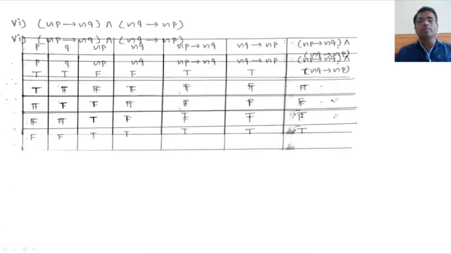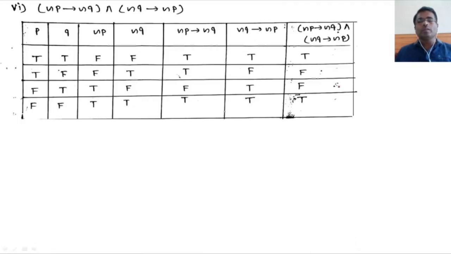Similarly, we can consider some more solved examples here. Those are like this. Here you will observe that P is a statement having values true, true, false, false. Then Q is a statement having values true, false, true, false. Then negation P is expected here, negation Q is expected here. Here also negation Q is expected, negation P. So initially we are going to consider negation P. So P is true, true, false, false. So its negation is false, false, true, true. And Q is true, false, true, false. Therefore its negation is false, true, false, true. This way you can consider.